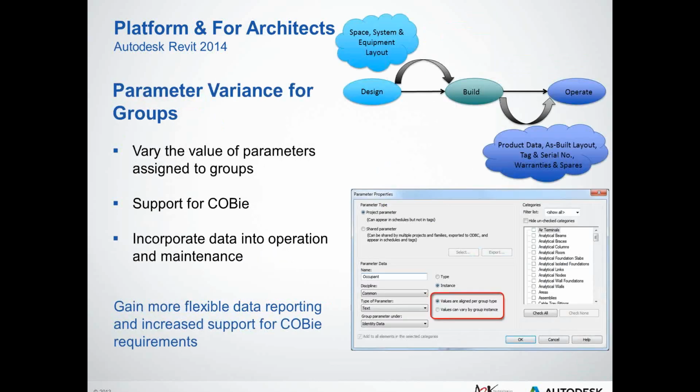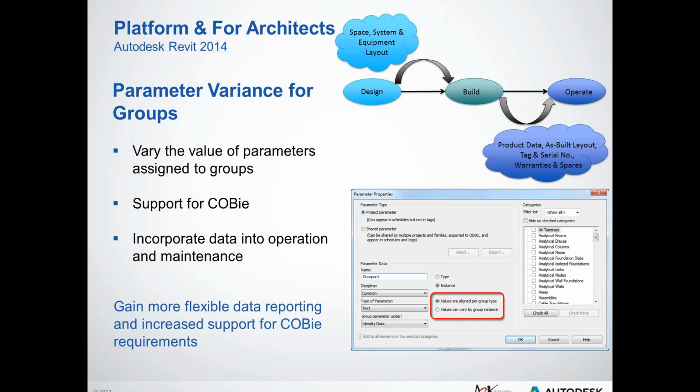Just a small improvement to the way that groups work. We can see here that we can go ahead and generate a project parameter, and when we go and define the project parameter, we can now say, do we want that value to be varied on a per group instance